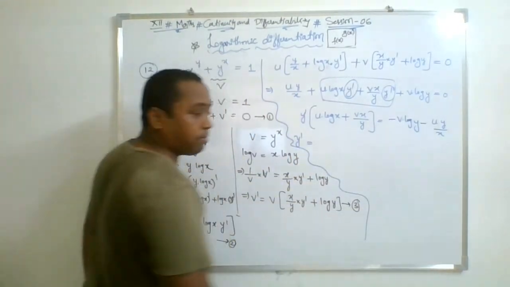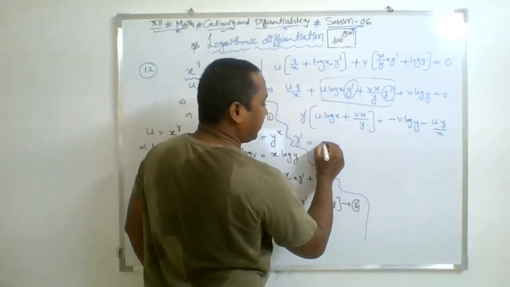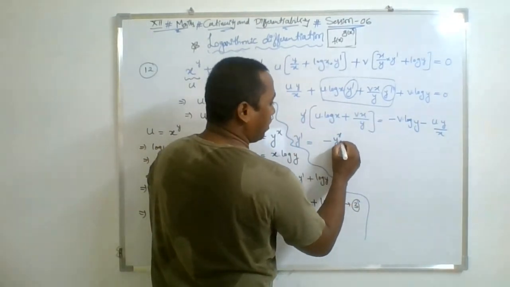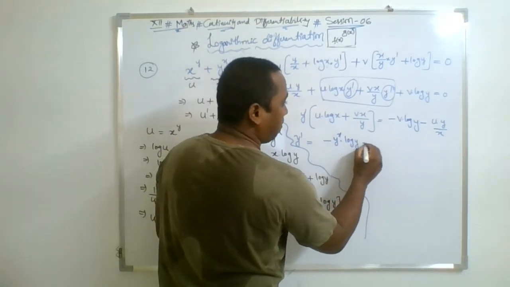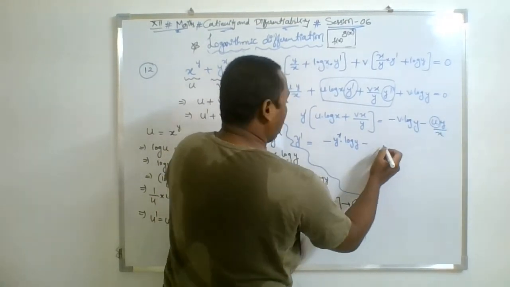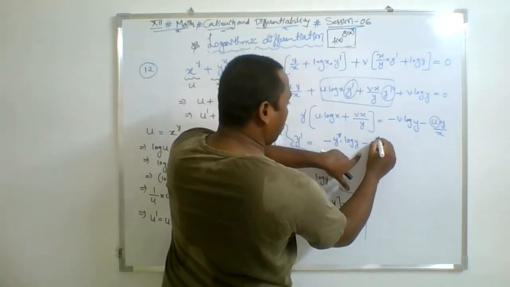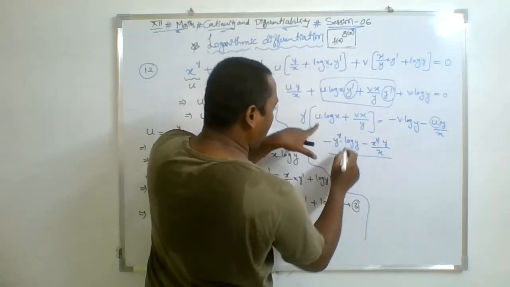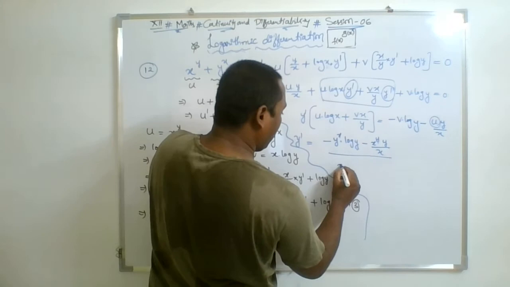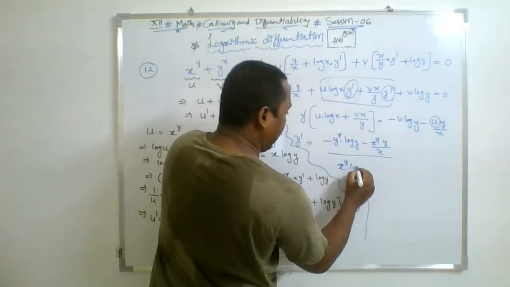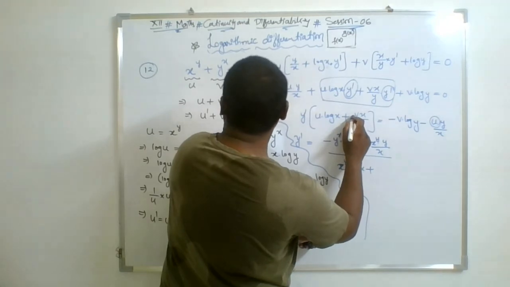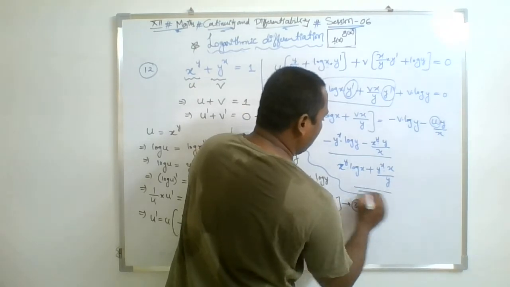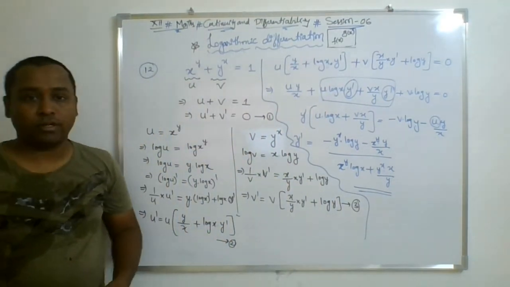So by shifting and by replacing, finally you are getting the answer like minus, v stands for y power x, that is y power x into log y, minus u stands for x to the power of y. So I am writing x to the power of y into y by x, upon what we have, u. U means x to the power of y into log x plus v stands for y to the power of x into x upon y. So this is your final answer, the derivative of this function.